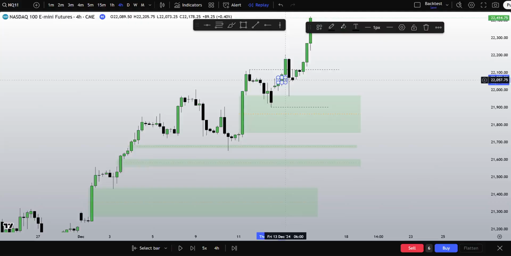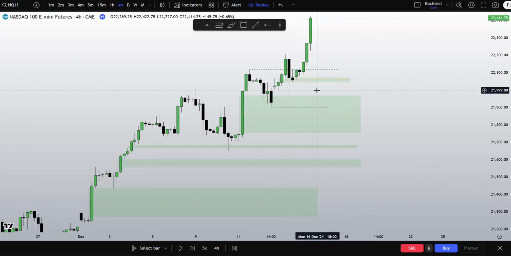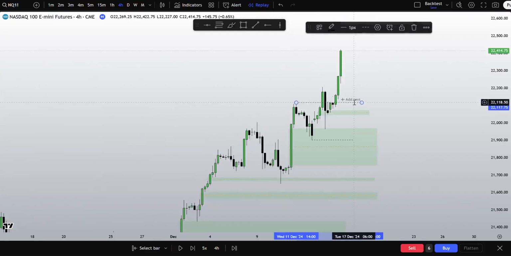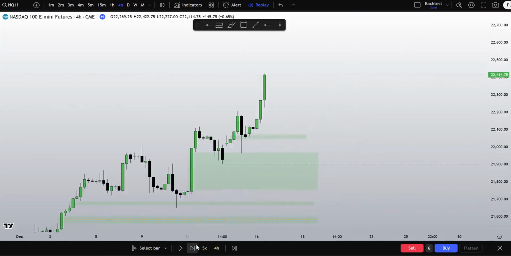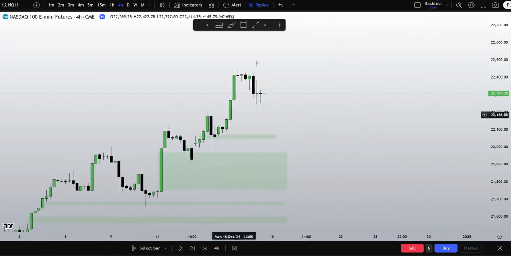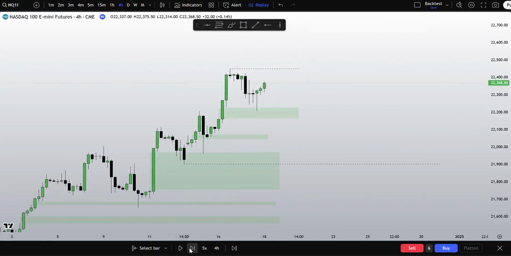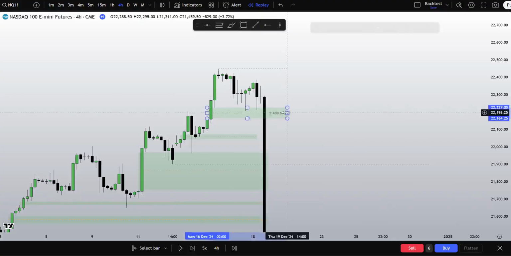You see that the wicks did do the damage here while respecting that bullish PD array. Once again, just heading higher. So when it's like this, what I will do is just analyze here. We tapped into this, respecting it. I would like to see us head lower, but this is just showing that we would likely go to 450. That's where the likely draw is. I want to see us disrespect here.